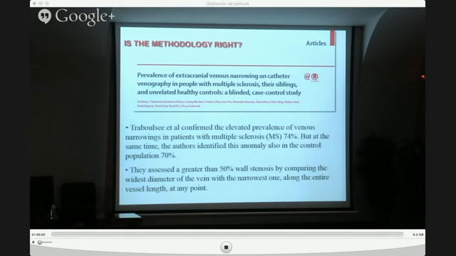However, they used a criterion for assessing stenosis never used in literature and never quoted in the journal. They assessed a greater than 50% wall stenosis by comparing not the segment preceding the narrowing, but the entire jugular vein,